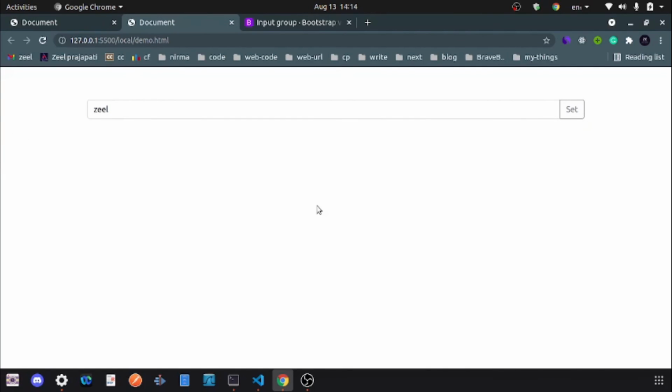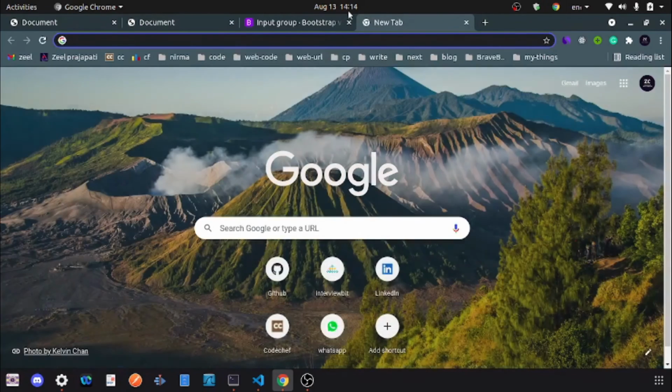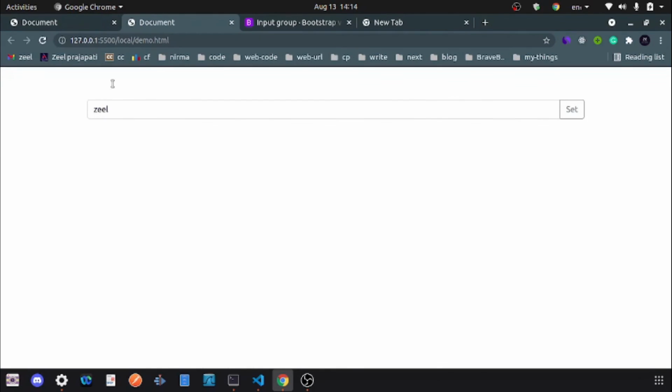This is it for this tutorial. I hope you understand how any website stores our data in the local storage, and how they keep the user signed in even if the browser URL is changed.